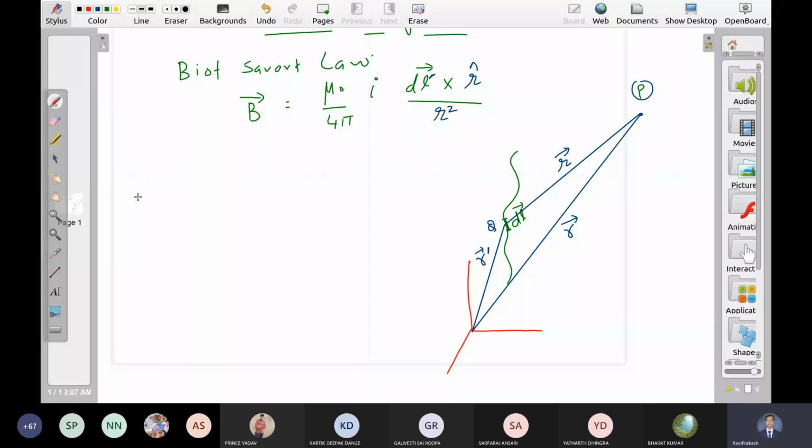Now I need to know the divergence at P. So del dot B. What is this equal to? Mu naught by 4 pi is constant, I is a number, constant. I can take it out as it is. Del dot dl prime cross. Now this is related to both, so let me write it as